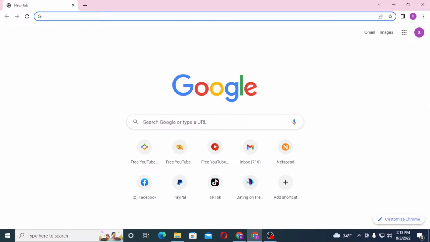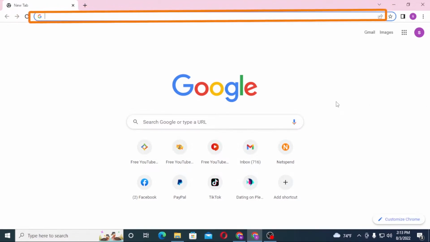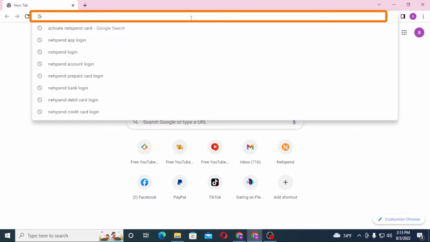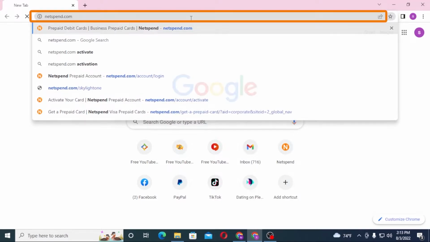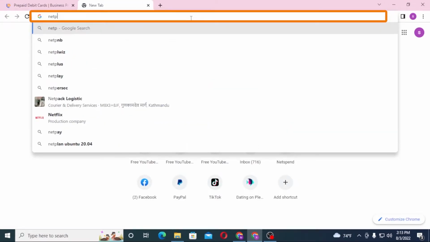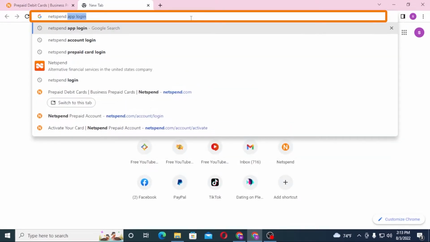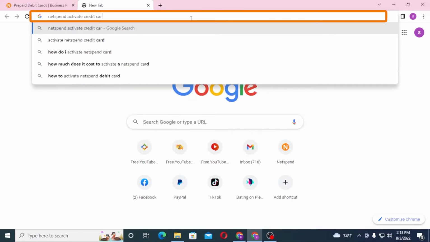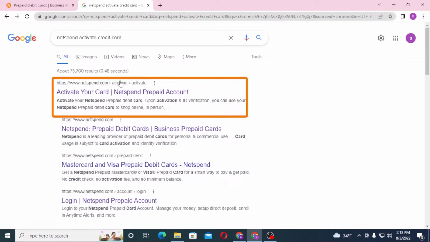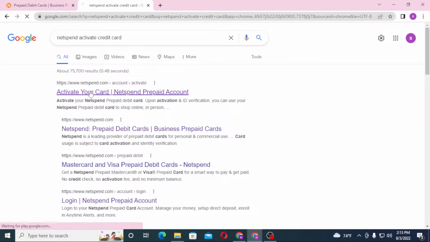Now to activate your Netspend credit card from your computer, first open up your preferred browser, as I have already opened Google Chrome, and in the search bar click over there and type in netspend.com like this and hit enter, or you can simply search for Netspend activate credit card like this and hit enter. And after that, you can see the activate your card by Netspend on the first result of Google. Click over there,